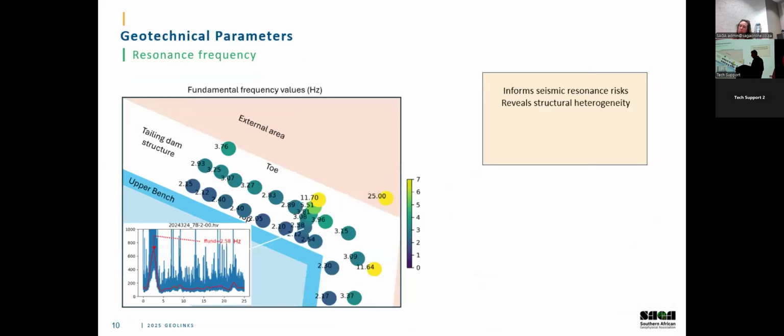2 minutes. All right, so I've got 2 minutes to look at these parameters. The resonance frequencies we can extract from the data using the HVSR approach, horizontal vertical spectral ratio. I think that's well understood, and these numbers are realistic. I think Adrian would agree. You'll see most of them are higher than about 2 hertz, and I think 2 hertz is typically used as a resonance frequency for this type of facility anyway.